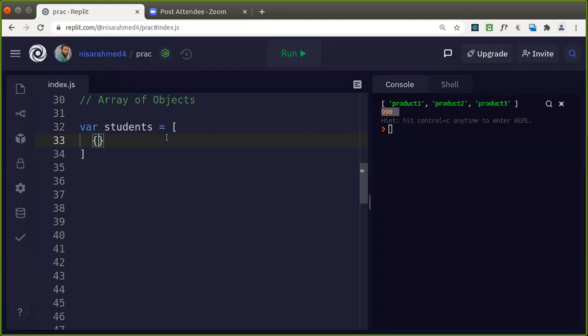So the structure or properties will be the same, which means I can have ID, student ID as 101, then name Raj, course as JavaScript. So this is the first object.